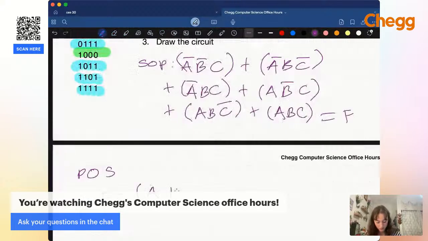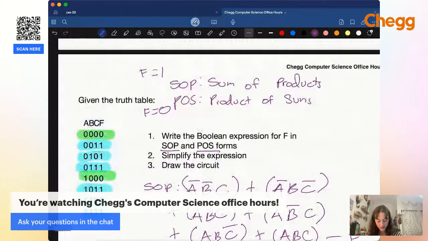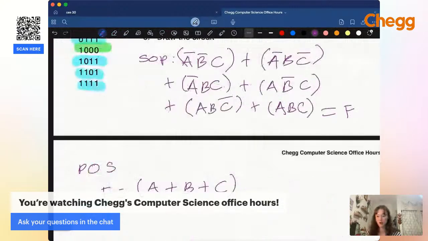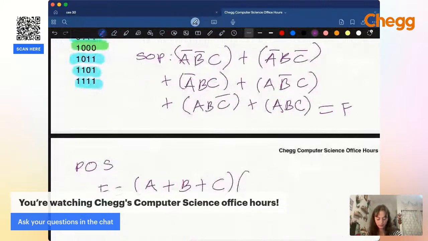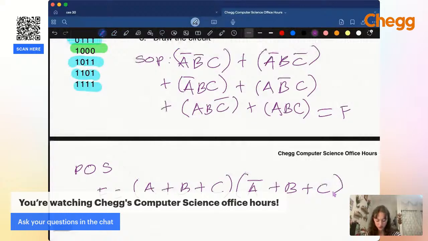A or B or C, so we invert them. Because that's not A, we invert it to be A, and not A or B or C. And if that's a little bit confusing about why that would be true, we can just look here,